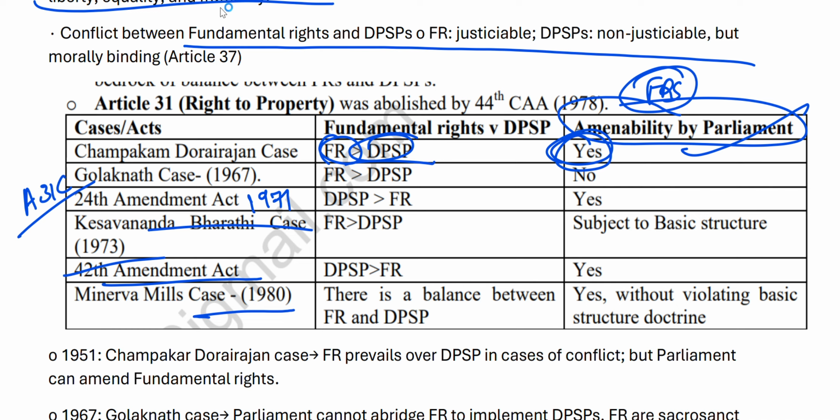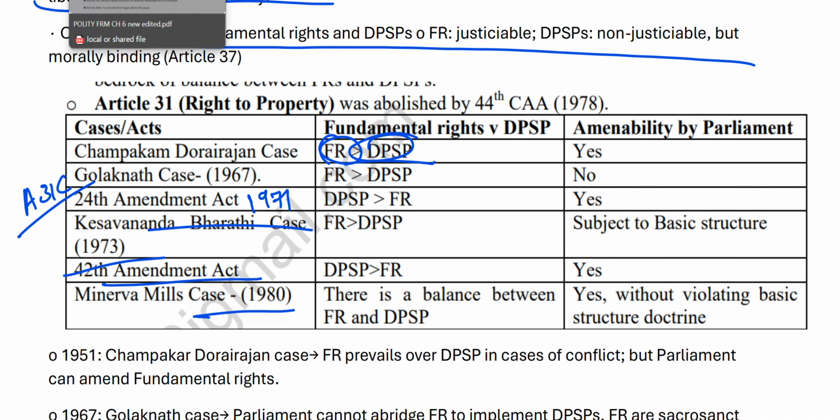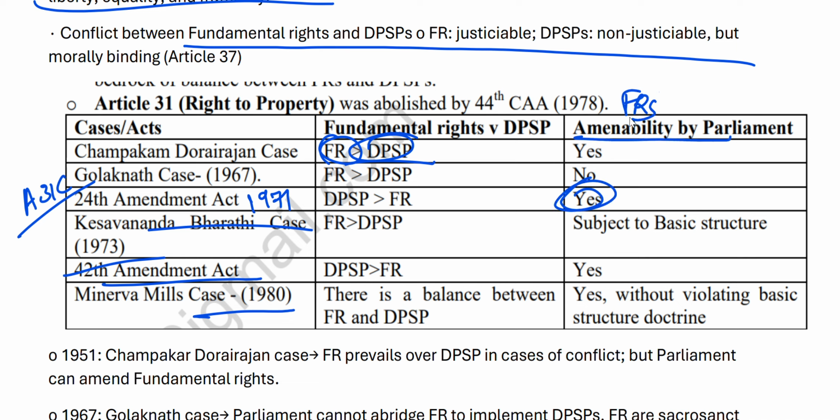Followed by the Golaknath case, where it said no. Only one time it said no, that is in the Golaknath case. That is why we have the 24th Constitutional Amendment Act of 1971, which made it clear that Parliament can amend the fundamental rights. Right. Only in the Golaknath case did it say that the fundamental rights are not amendable. Other than that, it was